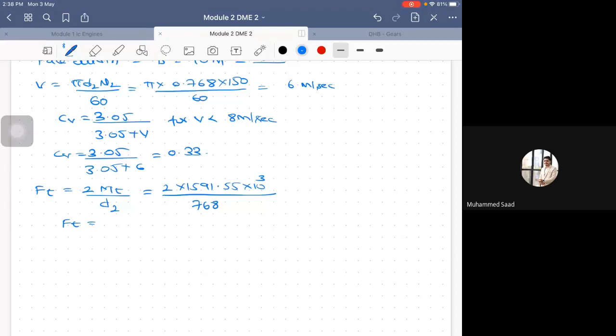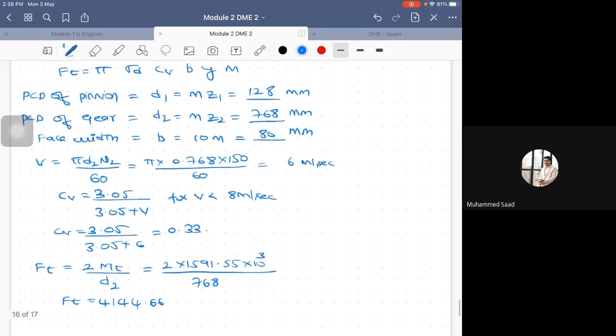Okay, 4144.66. Since that is calculated, now go with that particular equation. So Ft is 4144.66. That equals pi into sigma d2, which is the thing you are calculating now. So just keep pi times d2 cross CV value, which is around 0.33, cross b value,